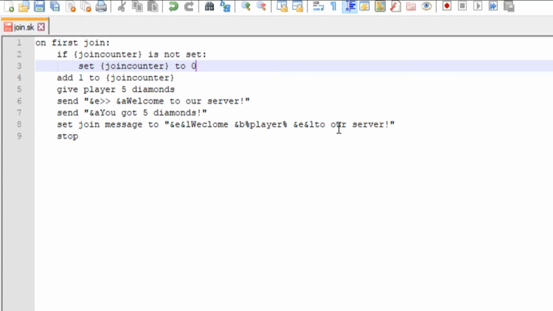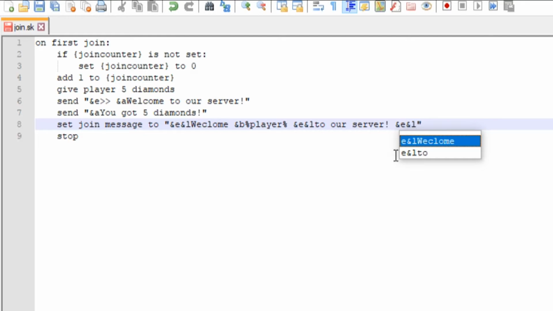So now we're going to broadcast that specific number to the server when a player joins. So we can go ahead, welcome player to our server. And then we can put, let's see, we'll do yellow with the rest of our color code, player,